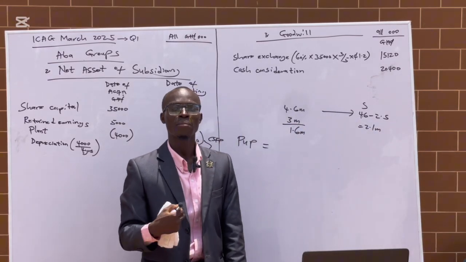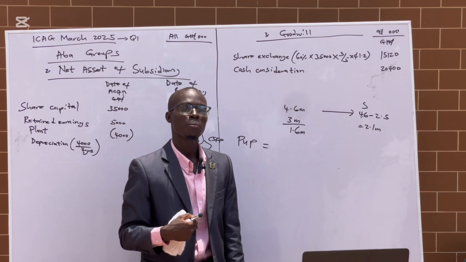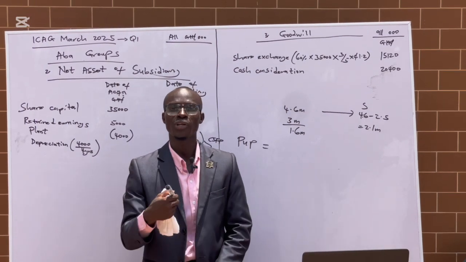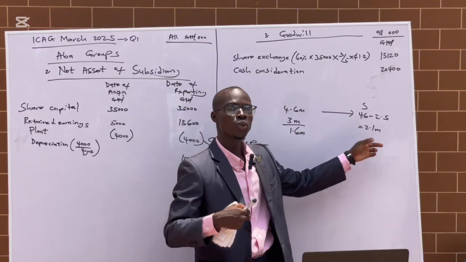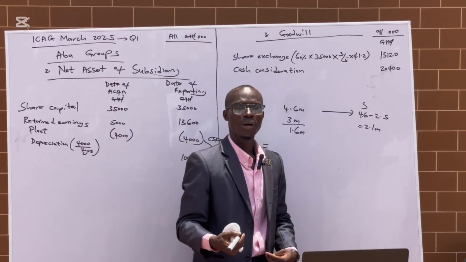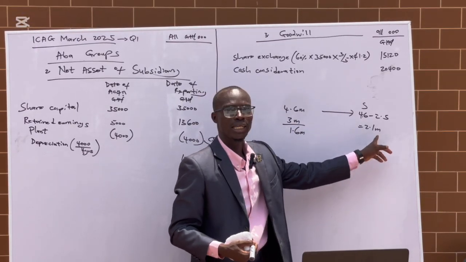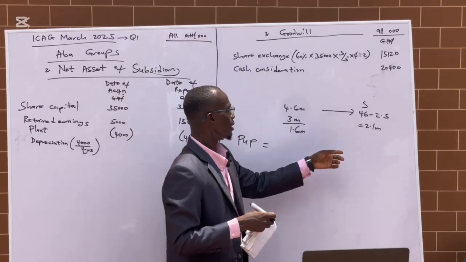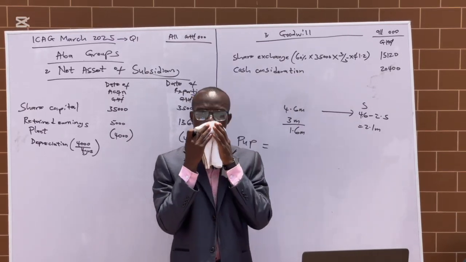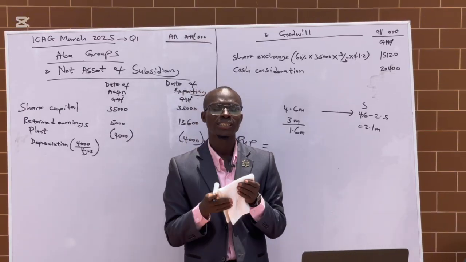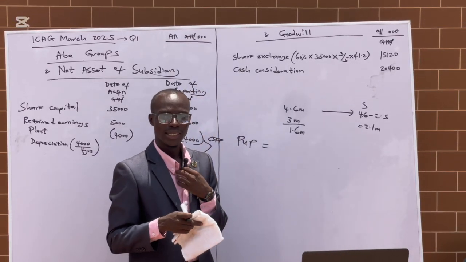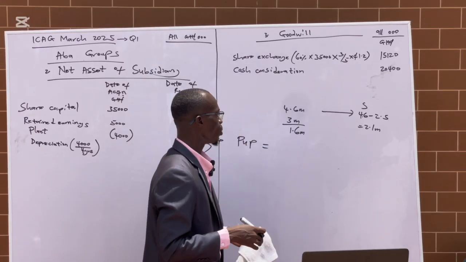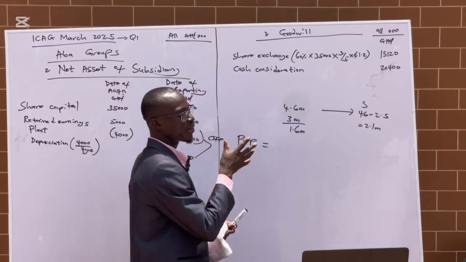Or in a case where the examiner gives you the profit as a margin, let's say a margin of 25%, you don't need to change it to a markup, because this figure is already in the selling price mode. So you just have to apply the 25% on the 2.1, if it was at margin. But in a case where it is at markup, you need to change it. So we need to also know that. But in this case, there is no